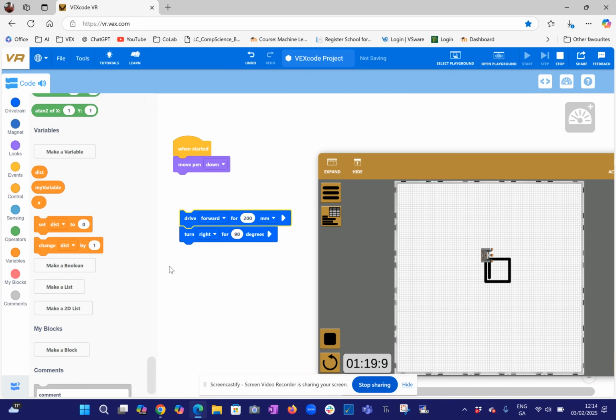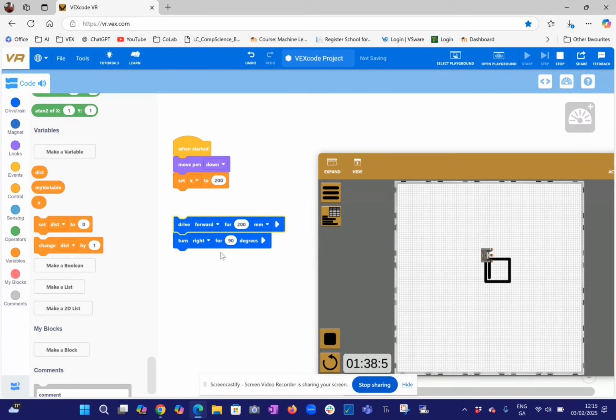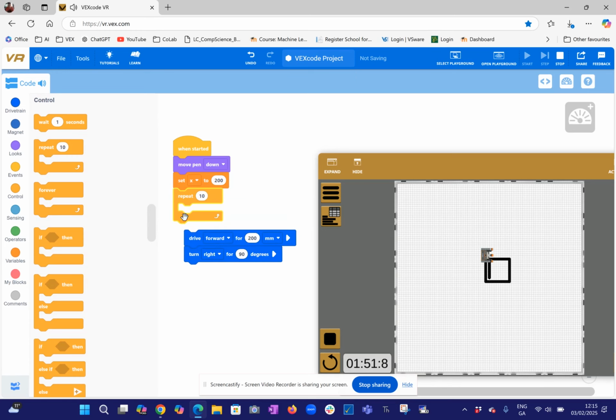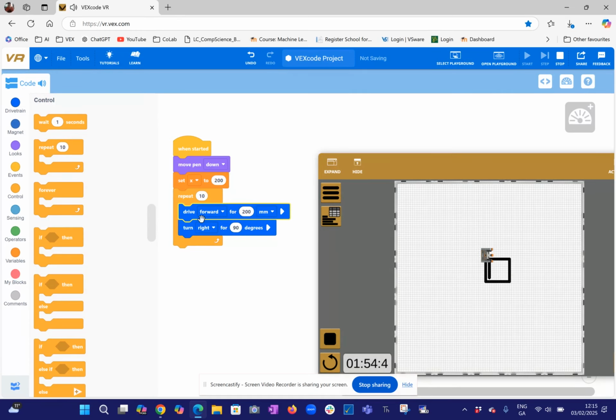So what we do is, at the start we'll set X to 200. So set X to 200 at the start. Come over here. You can click here and find X. So we're going to set X to 200. And now we're going to keep repeating these 2 steps over and over again. That's called iteration or repetition. And if we go to control here, we can say repeat. There's a way to do that. So click on repeat. And we're going to keep repeating those 2 steps, maybe 30 times to get a nice